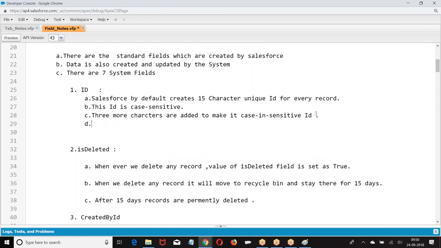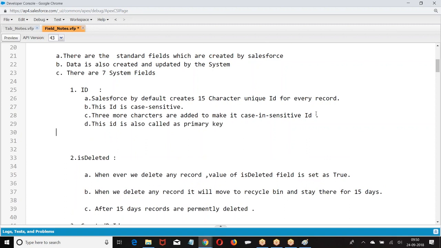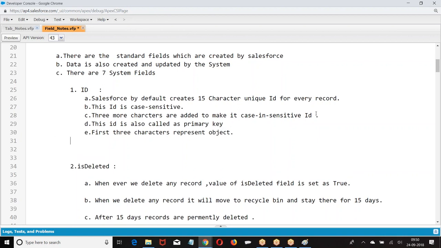This ID is also called the primary key. The first 3 characters represent the object, and the last characters represent the record. So this is the basic ID.